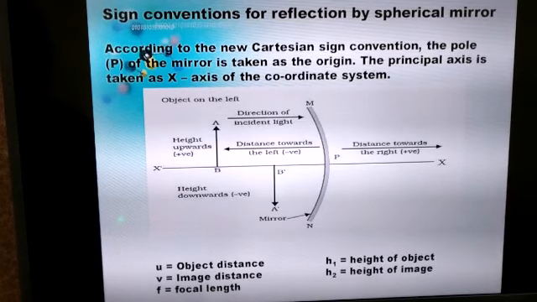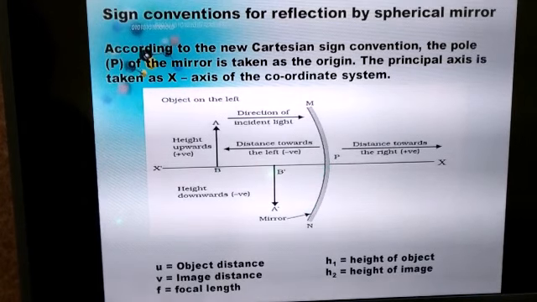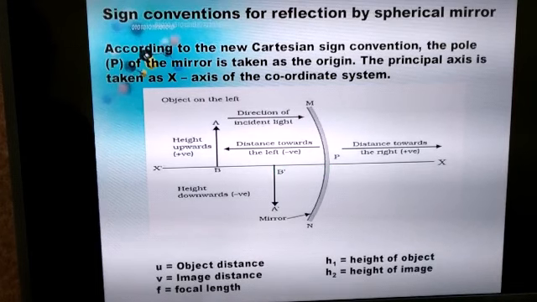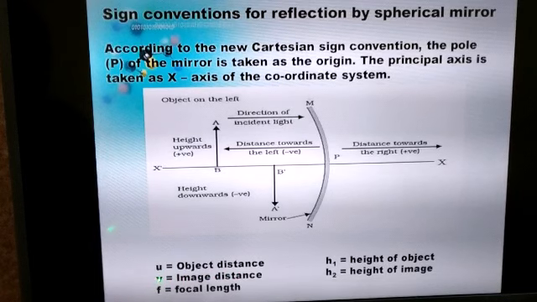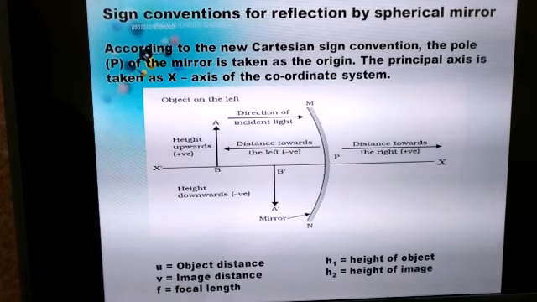A dash B dash is the image which is formed by the object AB after reflection of light from the spherical mirror. Now, if we take the distance from the pole of the mirror to the image, then this distance is called the image distance. Image distance is denoted by small v. We already know what focal length is. Focal length is the distance from the pole of the mirror to the principal focus. We denote it as small f.